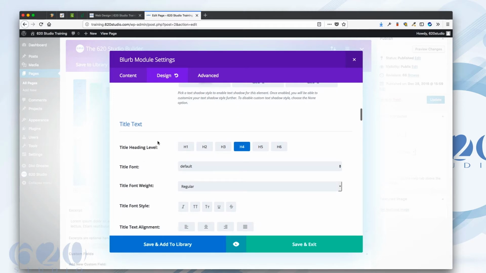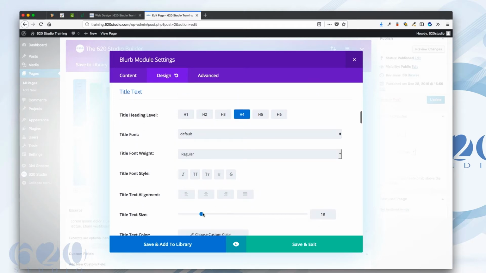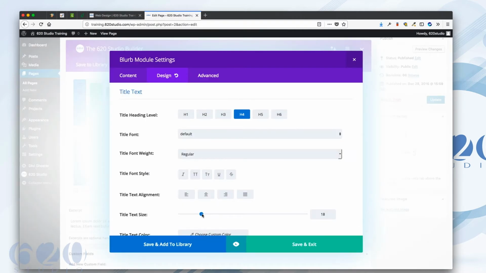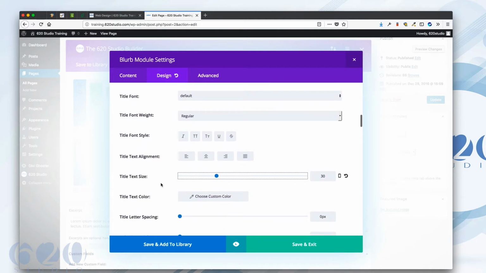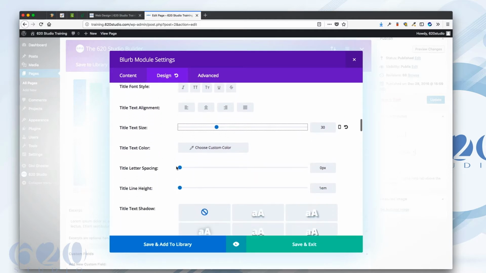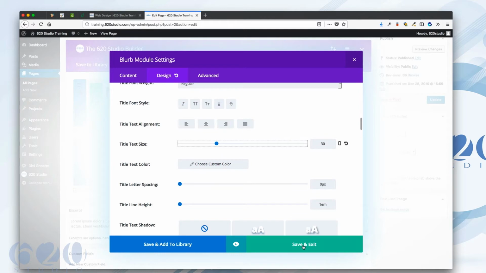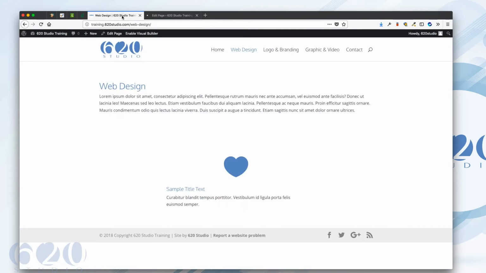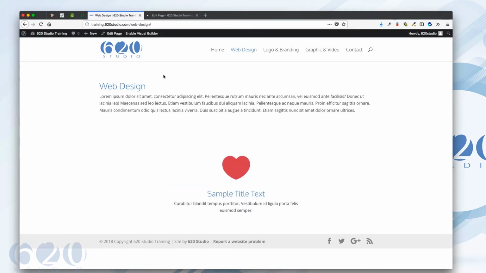And then for the title text, this title is actually relatively small, so I'm going to bring that up a little bit too. I'm going to bring that up to 30, and we'll see how that looks. I'll leave the text title color the same. Pretty much leave all the settings the same. So I'm going to choose Save, Exit, update the page, hit refresh,